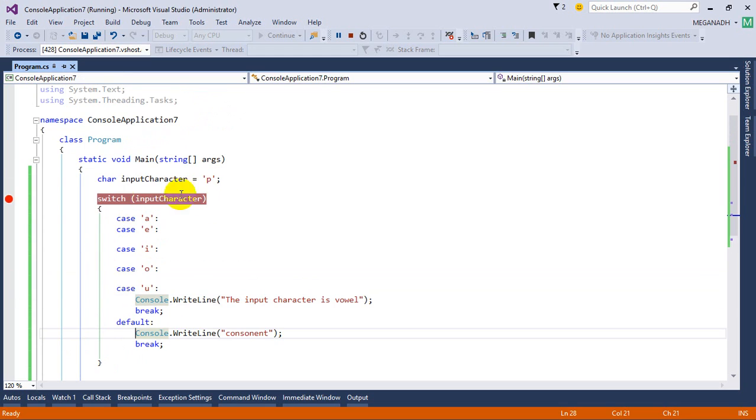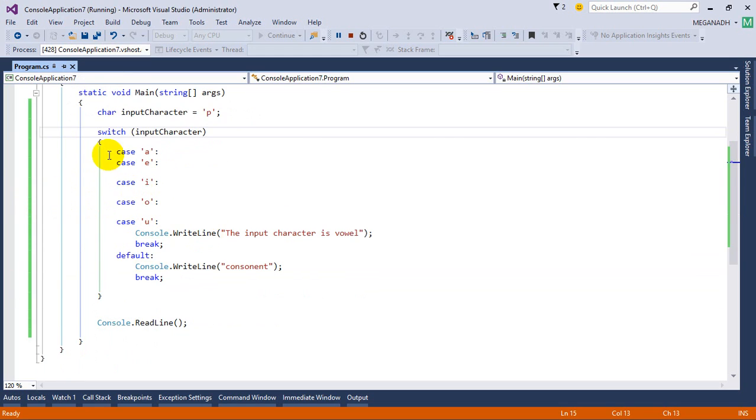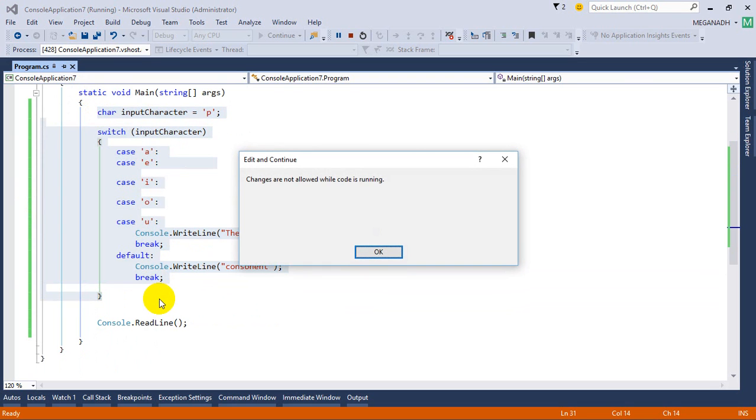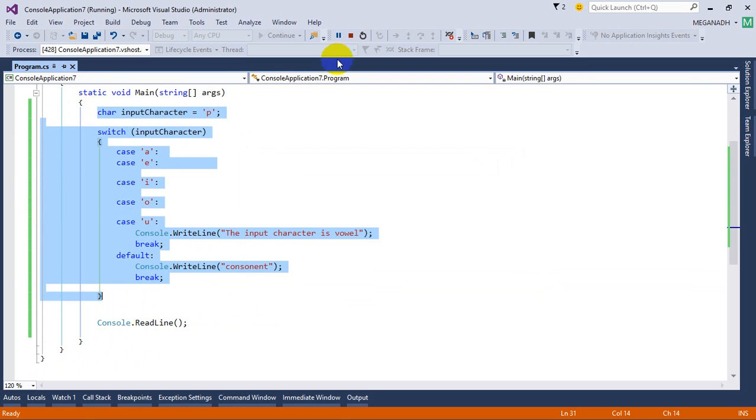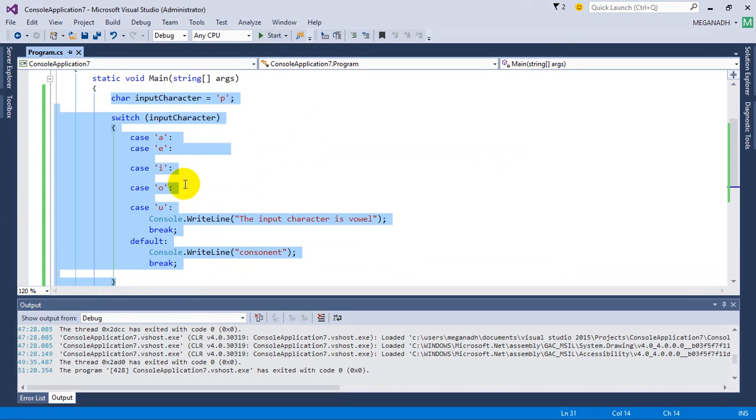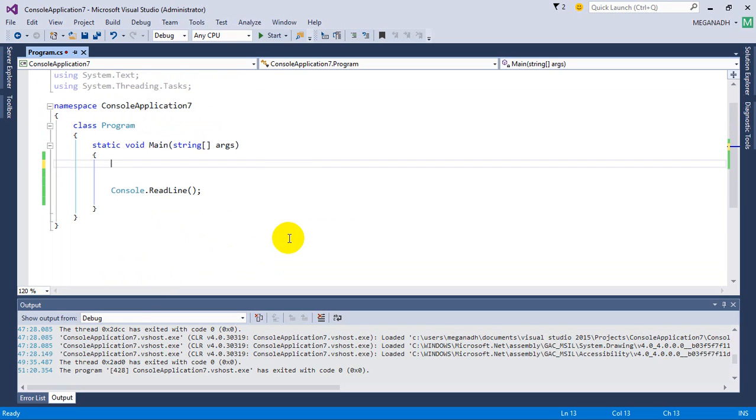Okay, now I'm going to change this code to illustrate how to implement a for loop to print hello 5 times. See here, I need to stop the project in order to change the code. I just stopped it, so now let me come back here. Now I'm going to write a for loop: int I counter is equal to 1, I counter less than or equal to 5, I counter plus plus, and